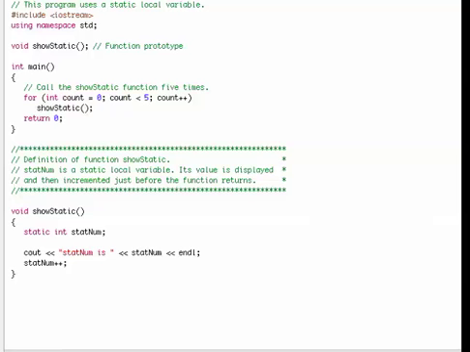I'd like to talk to you about something called a static local variable. Let's take a look, if we could, at the program on the screen. It has a procedure called show static that accepts no parameters. In main, we say for int count as 0, 0 less than 5, show static. So this is a call. We come down to the procedure show static,